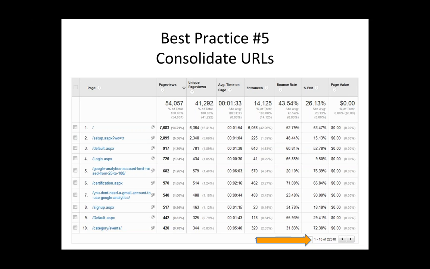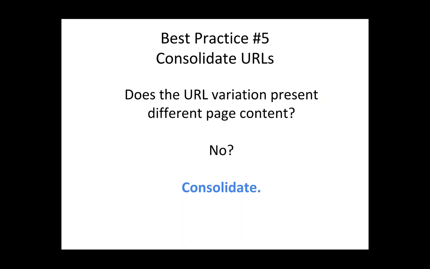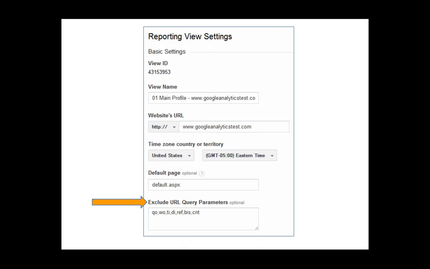You may have a website, especially a content website, where you have 22,000 different pages. But in this case, this 22,000 pages represents fragmentation of the URLs. It's different URLs representing the same page. And I've seen cases where there are 400,000, 500,000 different URLs because the URLs are fragmented. Now, if we go back,